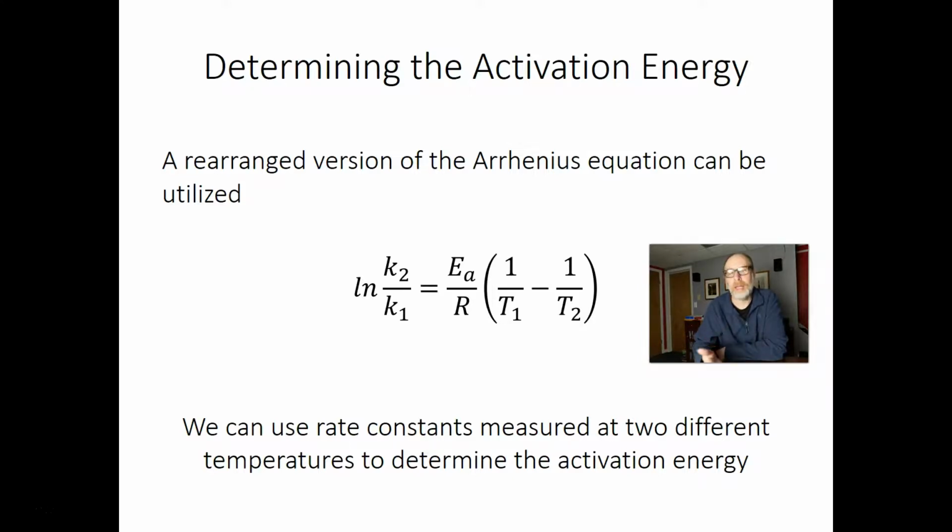And we know already that whenever we're using temperature here, we've got to use Kelvin. So 100 degrees C would be 373.15 Kelvin. So we would want to use Kelvin in this case, the absolute temperature scale, and we've been using Kelvin as our absolute temperature scale for a while. But this will allow us to take that rate constant measured at two different temperatures